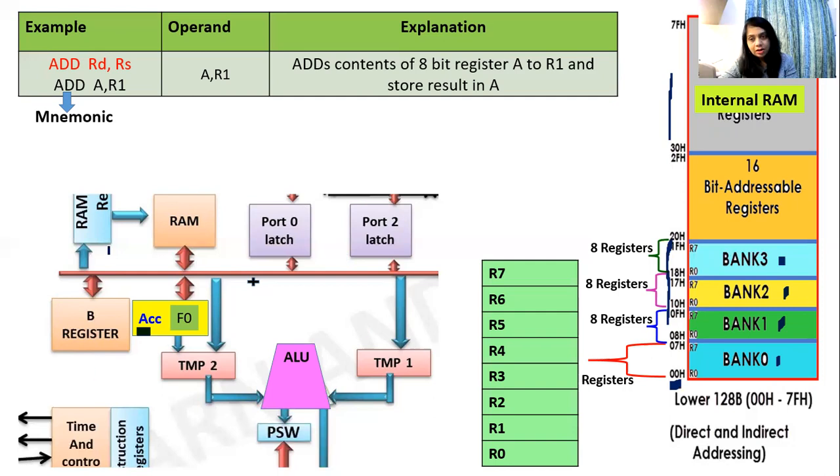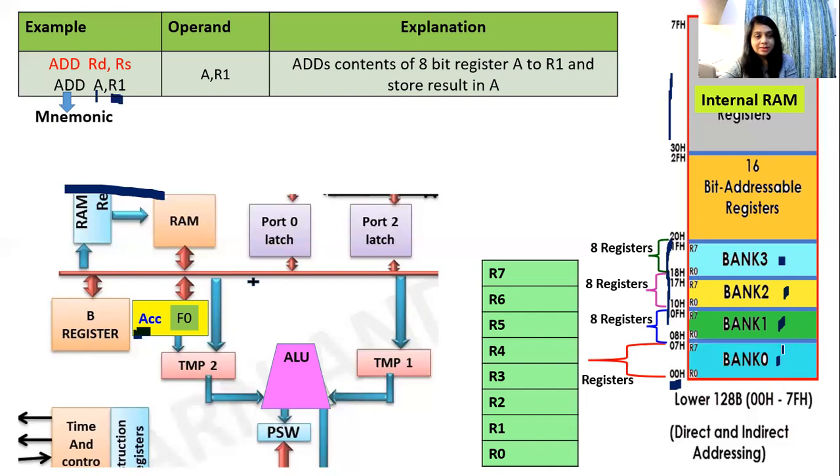This is a small cutout of 8051 microcontroller. So what does this instruction say? The instruction says add contents of register A. Register A means contents of accumulator. What does the accumulator hold? Accumulator holds data F0. Suppose this is the data available, in hexadecimal. Add contents of register R1.